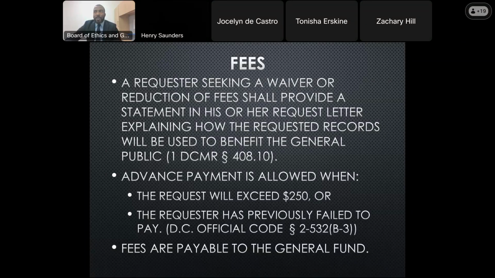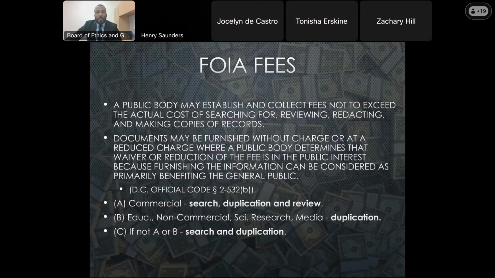Yeah, I'm sorry. Do you mind going back to the previous slide? I'm sorry to hijack this. So my question is, we recently received a FOIA request that required a large amount of redaction. And if I'm understanding this correctly, we can only charge fees for redaction if the records are for a commercial purpose. And that the request didn't come with a fee waiver, but we couldn't charge fees for redaction if it was not for a commercial purpose.